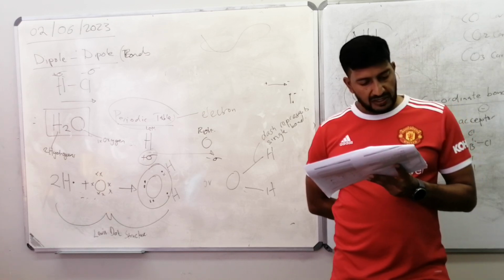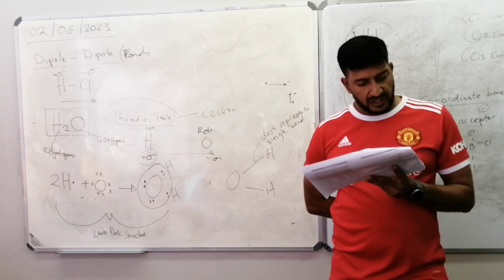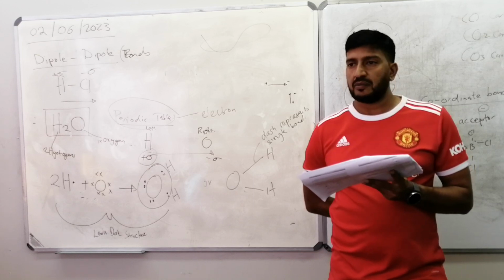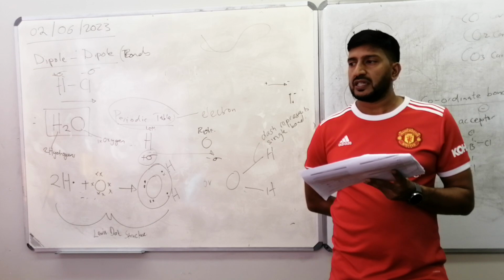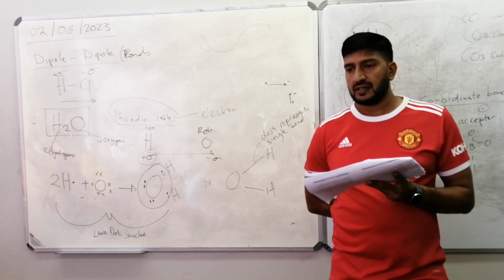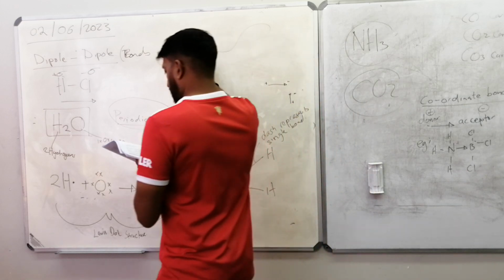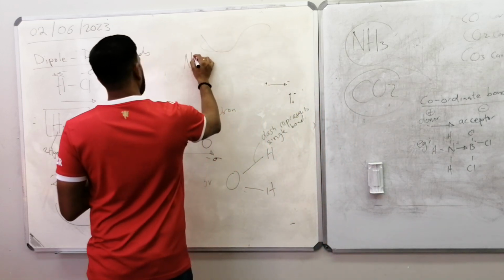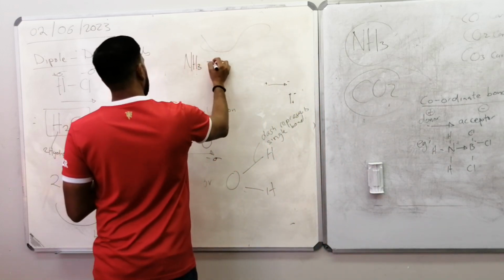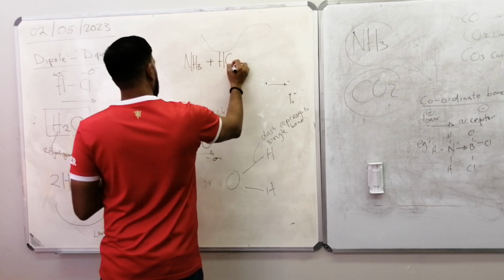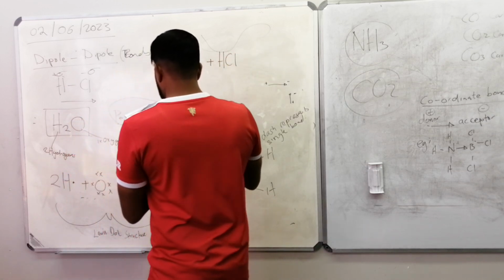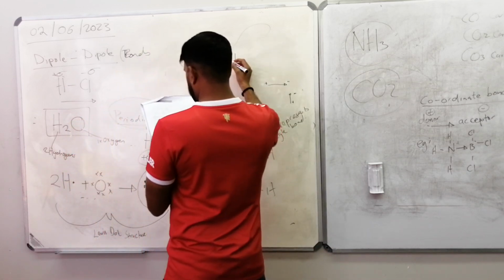So let's look at it. Its initial state was NH3, they were taking ammonia and adding it to HCl. So basically this is what was happening here. You've got NH3 plus HCl, and it's yielding